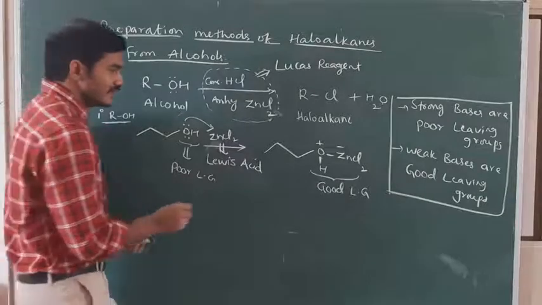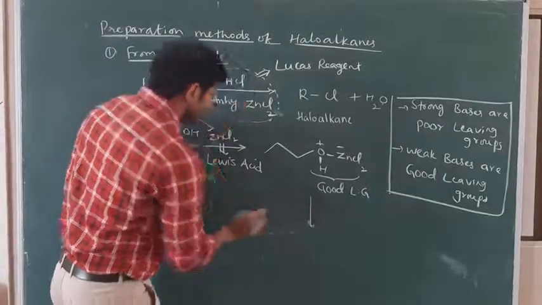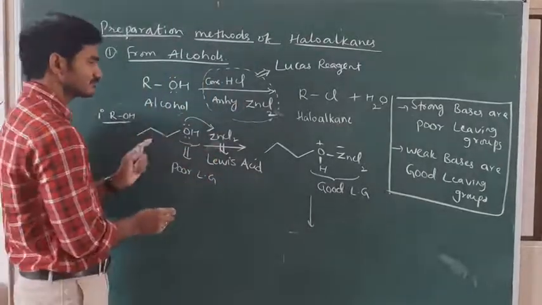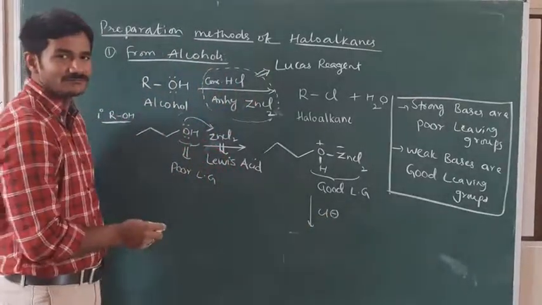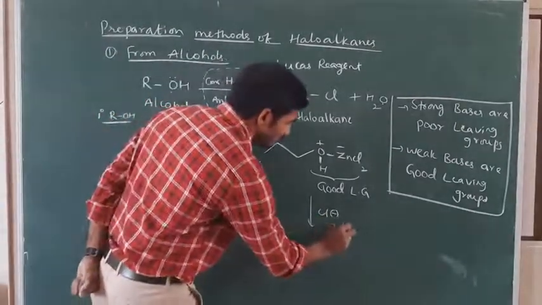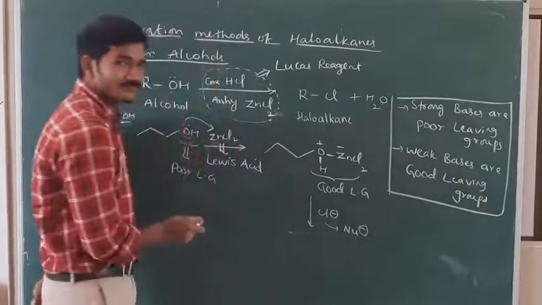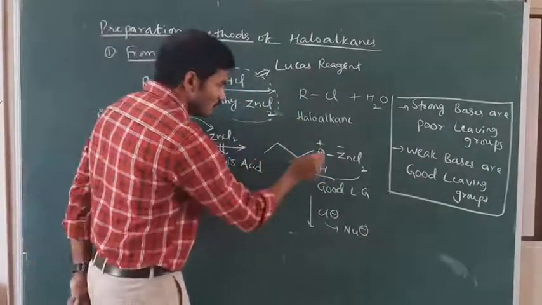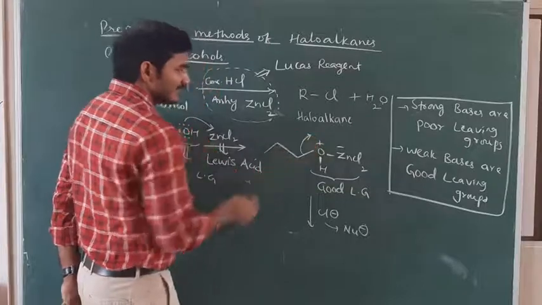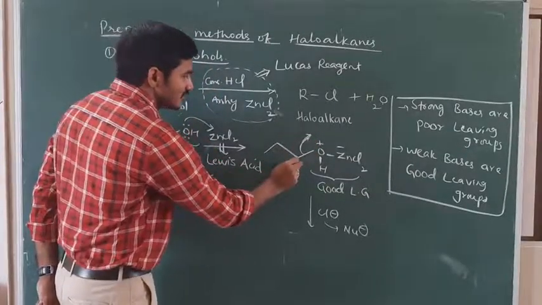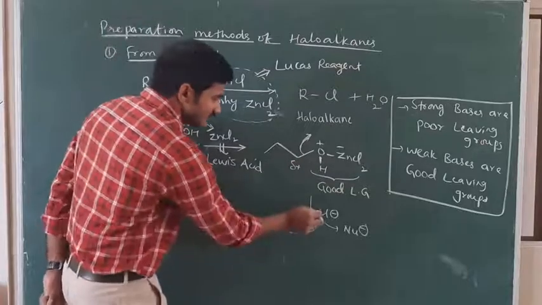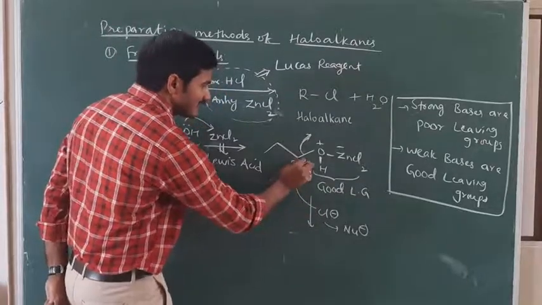Okay. Next one, here we have taken HCl. In that, Cl minus is the nucleophile. This is said to be the nucleophile. As this is a good leaving group, it is trying to eliminate. When it is eliminating, it becomes partial positive. As soon as this chloride attacks here, then it is eliminated.